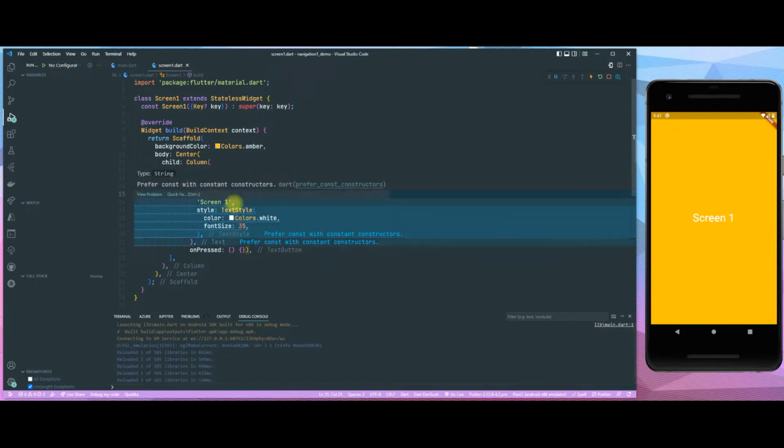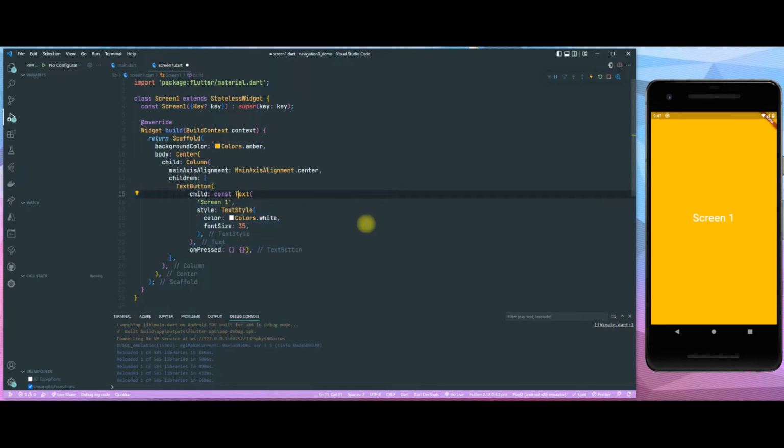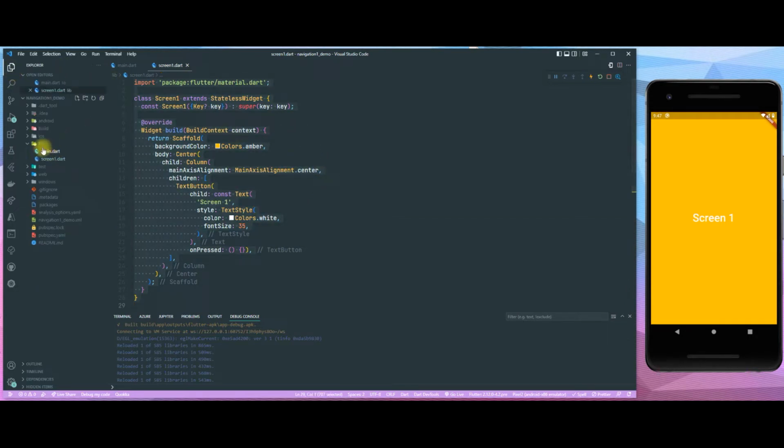There we go, and we can make a const out of this text widget here, and this looks about right. So now our screen 1 is clickable. Very good. What we will need to do now is create a new screen, and we are going to be a bit lazy and just copy this, and create a new screen,